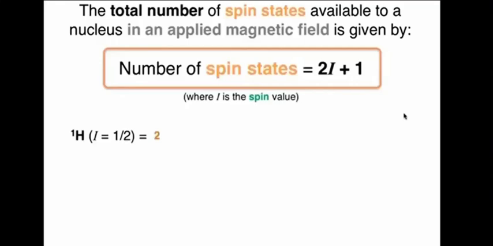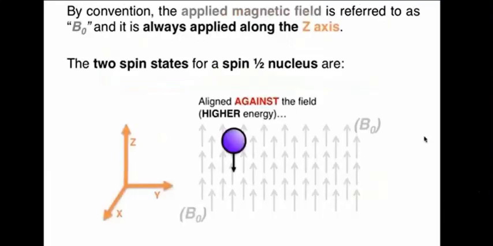In case of deuterium, the I value is 1 and the spin multiplicity is 3. There are three orientations. In C13 also, two orientations are possible. By convention, the applied magnetic field is referred to as B0 and it is always applied along the Z